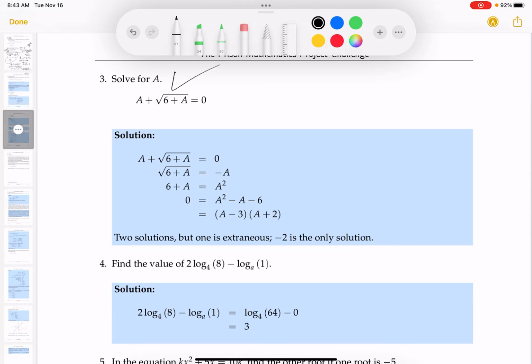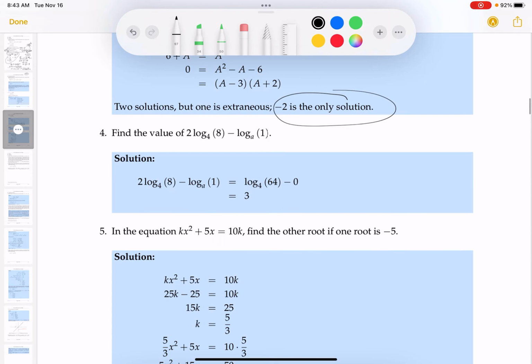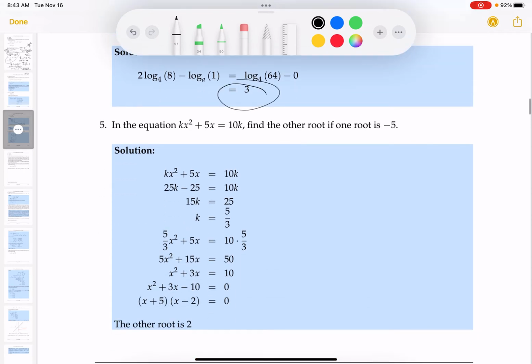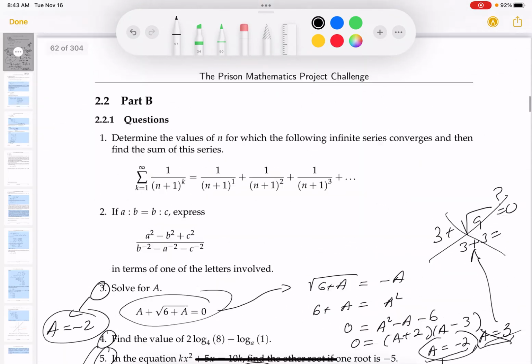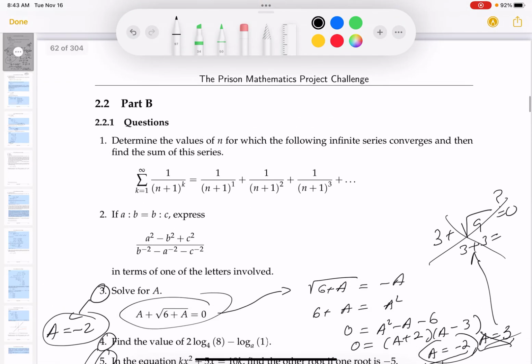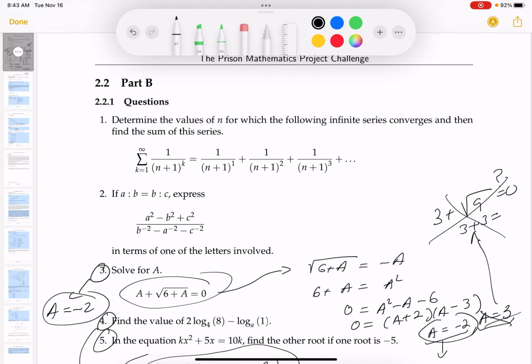I think you probably remember we did this one over here. It does say the other root's extraneous. We did this one over here, and we just did this one over here. So those questions are definitely easy. So let's go to the other questions, and the other questions are more difficult. All right? So looking at it,